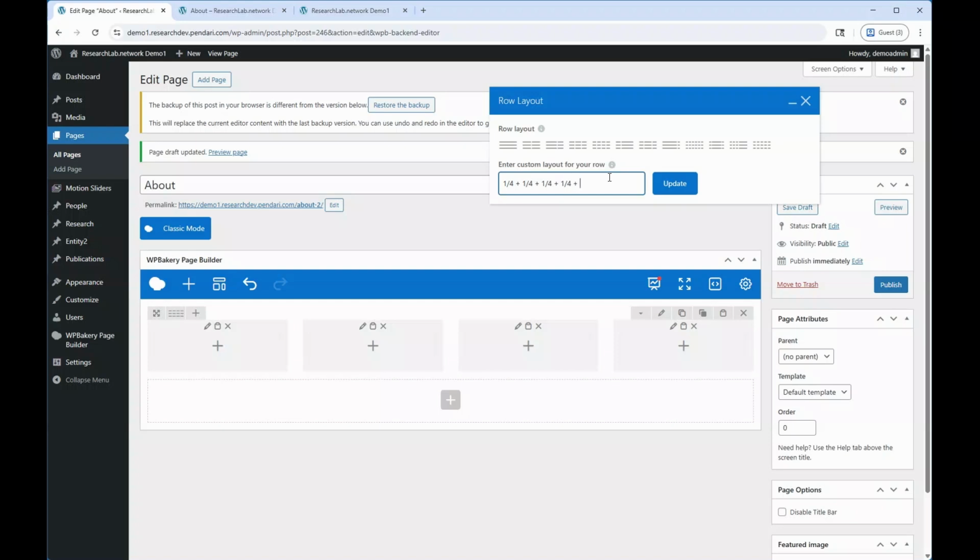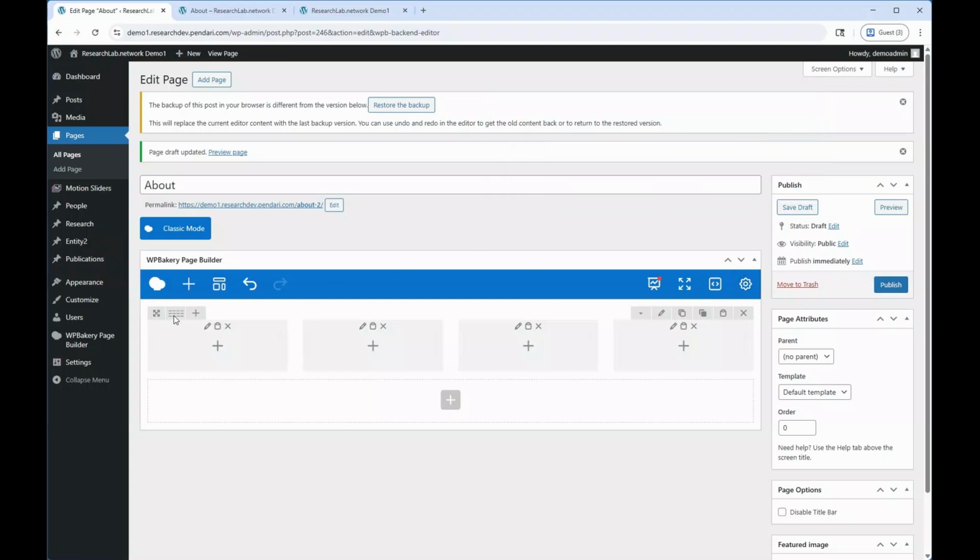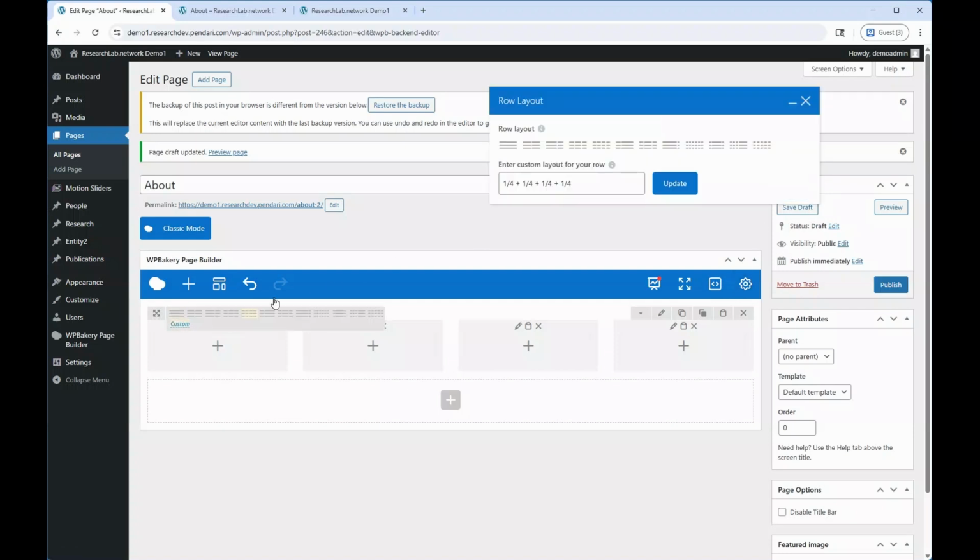If, for example, I added 1/3 here, it will add a 1/3 row below my 4/4. That's allowed, but it's very confusing. You should not let this be more than a 1. Make sure that it always adds up to a 1. There are cases that you would like to create custom column sizes, but most of the time you're going to be spending here creating different